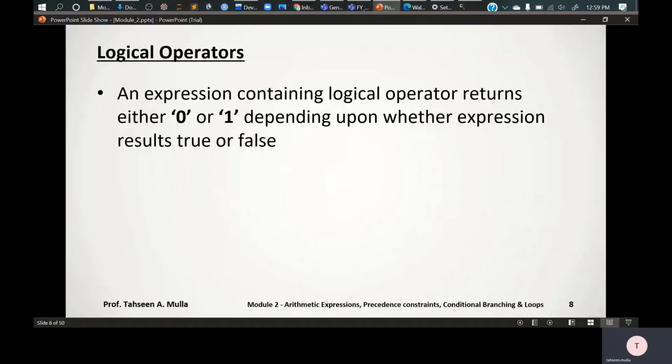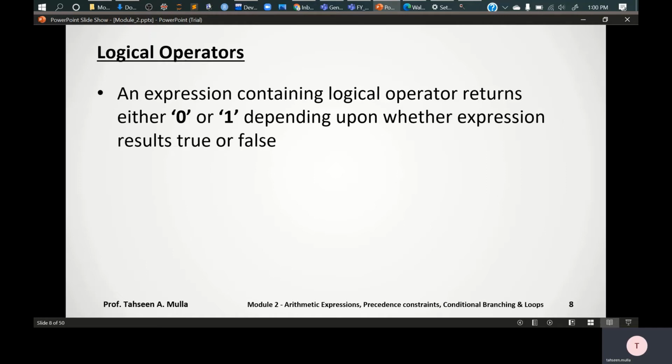In today's topic, we'll be seeing what are different logical operators. A logical expression contains logical operators, which in return give us either a binary 0 or a binary 1, depending upon whether the expression results as true or as false, right?